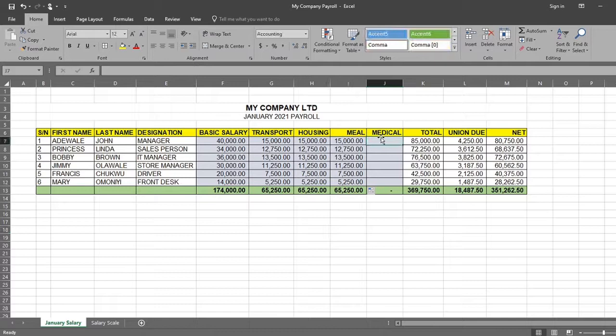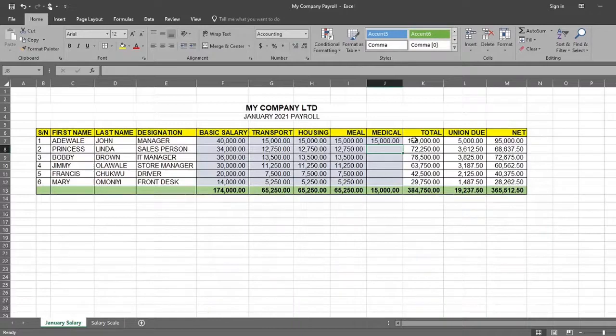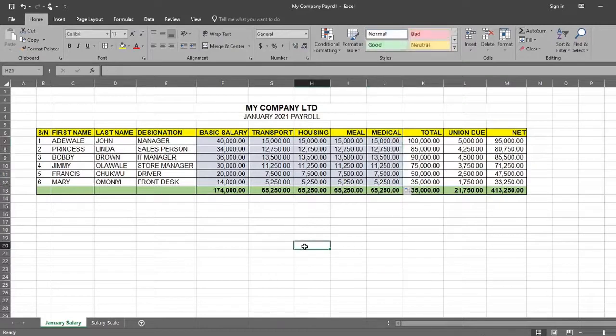So the last one here, 15% of manager's salary. As you can see, it made up 100,000 naira, and every other thing too is equal. So we have this one now. We can save this work,